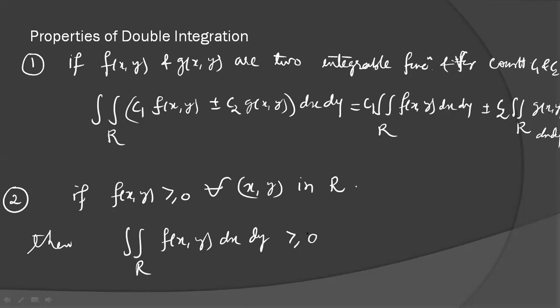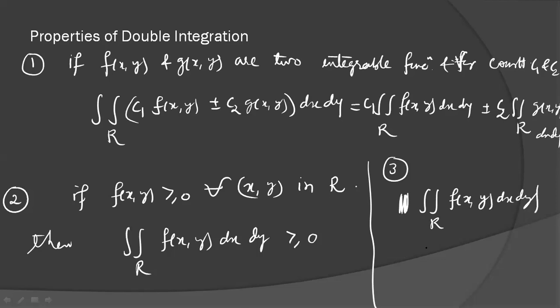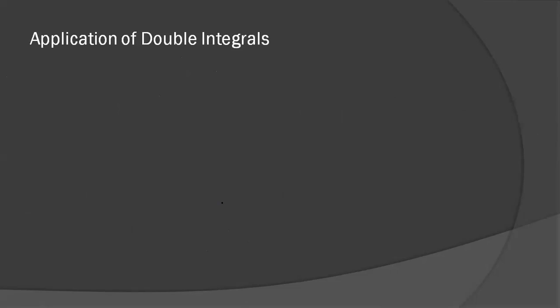Let's see applications of double integration. There are many other properties. We have one equality, inequality property. Let's see that also. The magnitude of the double integration over region R of f(x,y) dx dy is less than or equal to the double integration of the mod of f(x,y) dx dy. But the first and second properties are very important. Now, let's see applications of double integration, which we will use in further lectures.